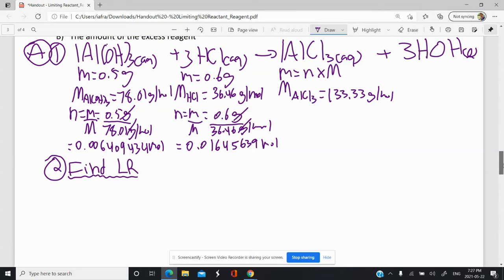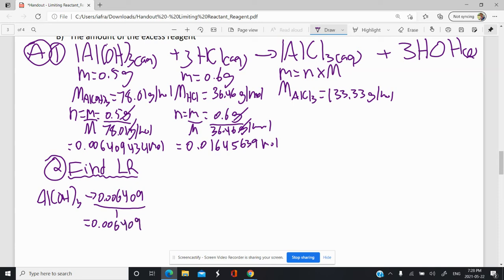I'm going to do the method where I just compare the reactants to each other. Actually, you know what? No, I'm just going to do the simple method. I'm going to divide them by their coefficients. So for the AlOH3, I'm just going to do the 0.0064, so on and so forth, 0.9 divided by 1, and we get